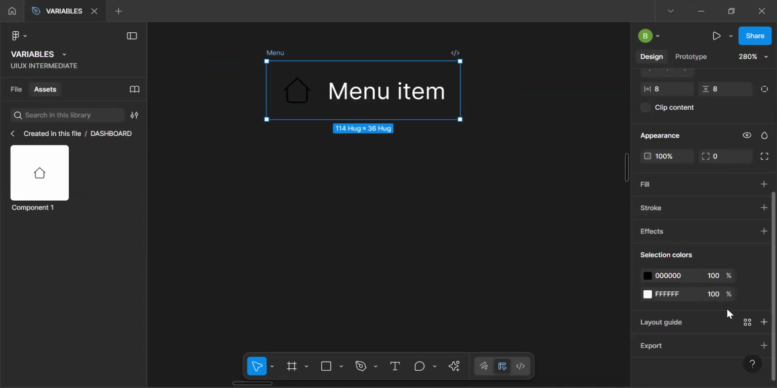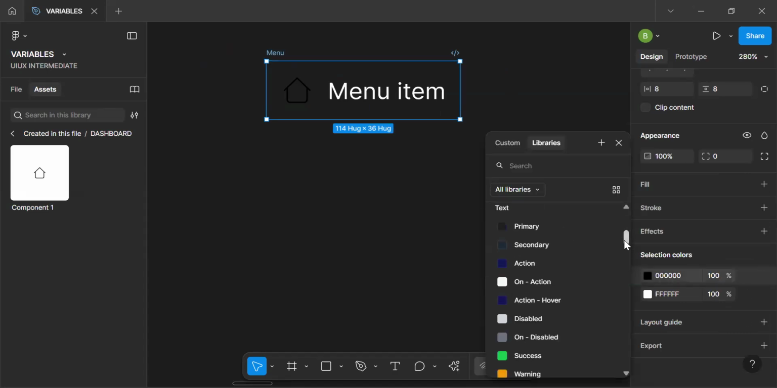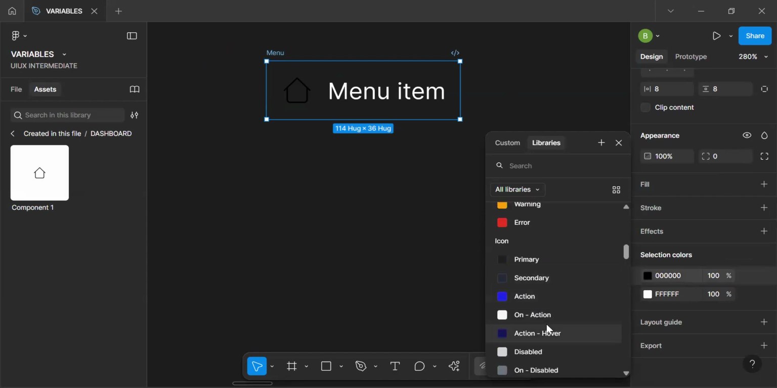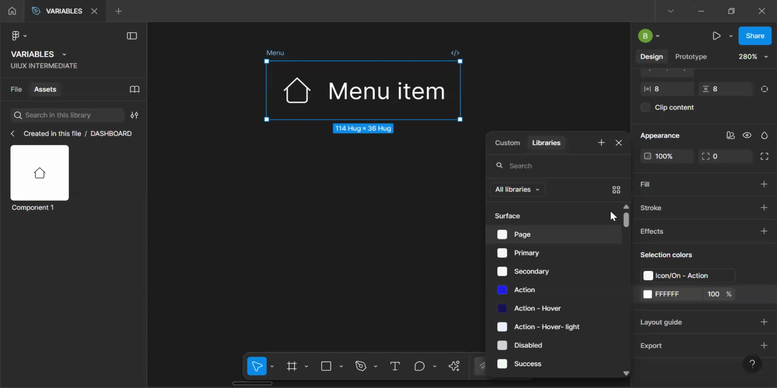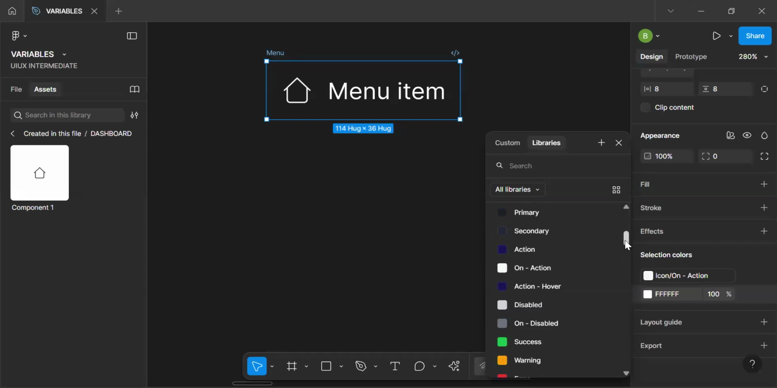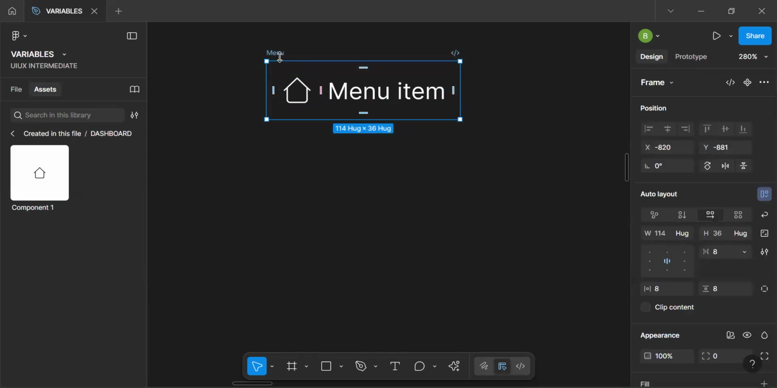We'll also change this. It's an icon, so we'll go down to where we have our icon, and this is going to be on action. And this is our text, so we'll go to where we have our text, and this is going to also be on action. All right, so after that, the next thing we do is,